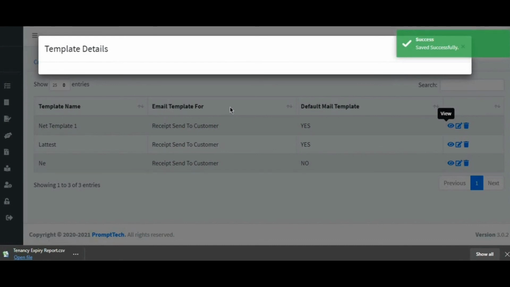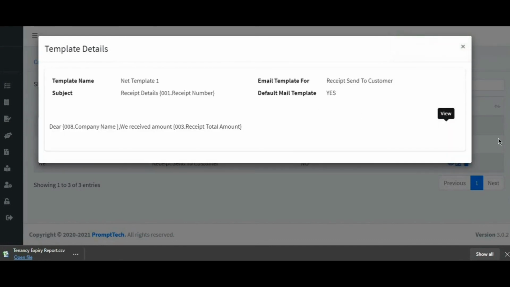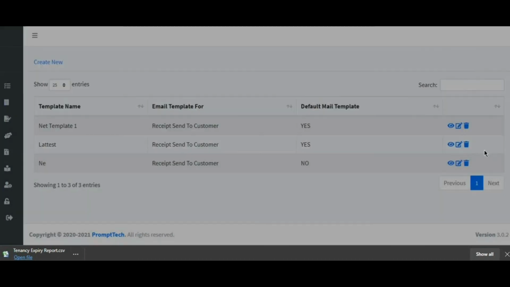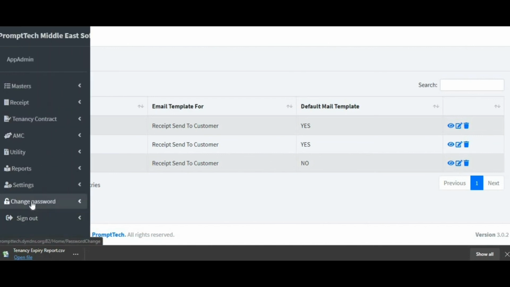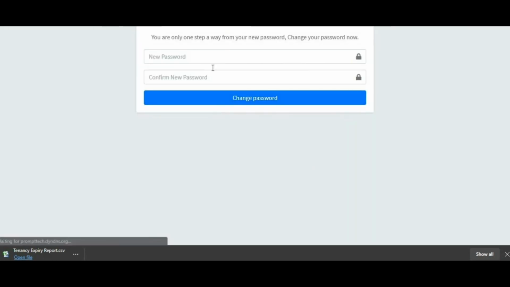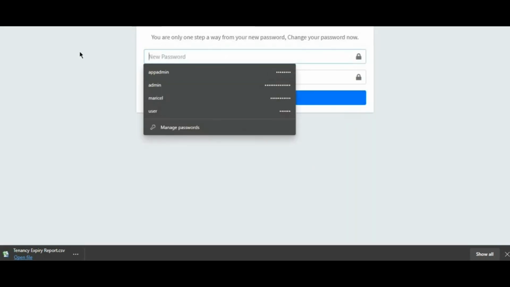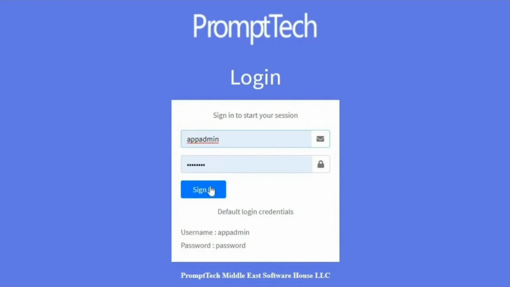So I'm just writing the details, and here is the subject. This would be auto generated. As soon as you put in these receipt details, you can scroll down the menu, and automatically the receipt number comes, and as soon as the receipt number comes, the name associated with this receipt number would be available in the main subject or the content body, right? So we can add in the mail details and the subject field details as well over here. So we can customize it for you, right, according to the things you would be wishing to have.